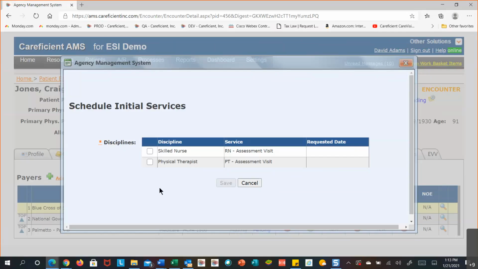But there's also an exception table. So if you do want the first visit to be scheduled for home health, like you want a home health aide visit scheduled, and you want the social worker visit scheduled, the very first one, there is an exception table to that that'll allow you to do that from here. So if you want to use that,